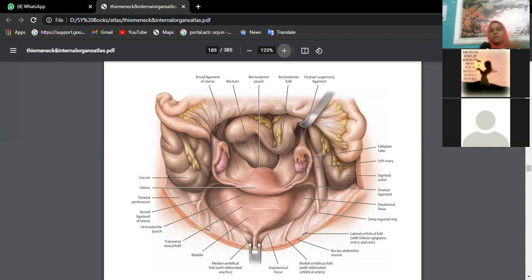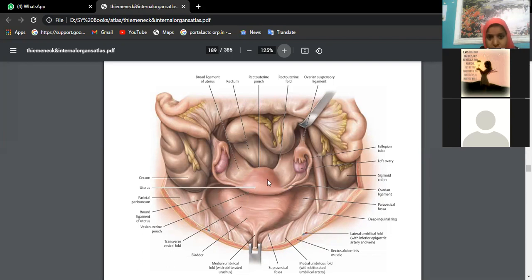Now this is the transverse section and the photograph is taken superiorly. Okay, urinary bladder. This particular part of the uterus is the fundus. The anterior surface is falling over the superior aspect of the urinary bladder. This is the posterior surface. These are the two fallopian tubes we can see. And this is the ovary, right and left ovaries. In the fallopian tube you can see fimbriae, which are holding the ovaries, right?